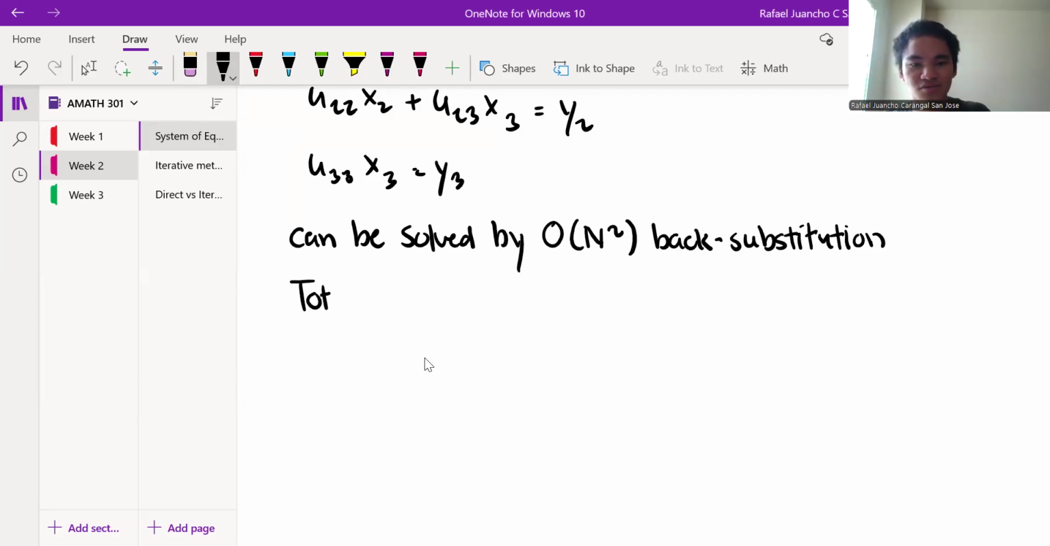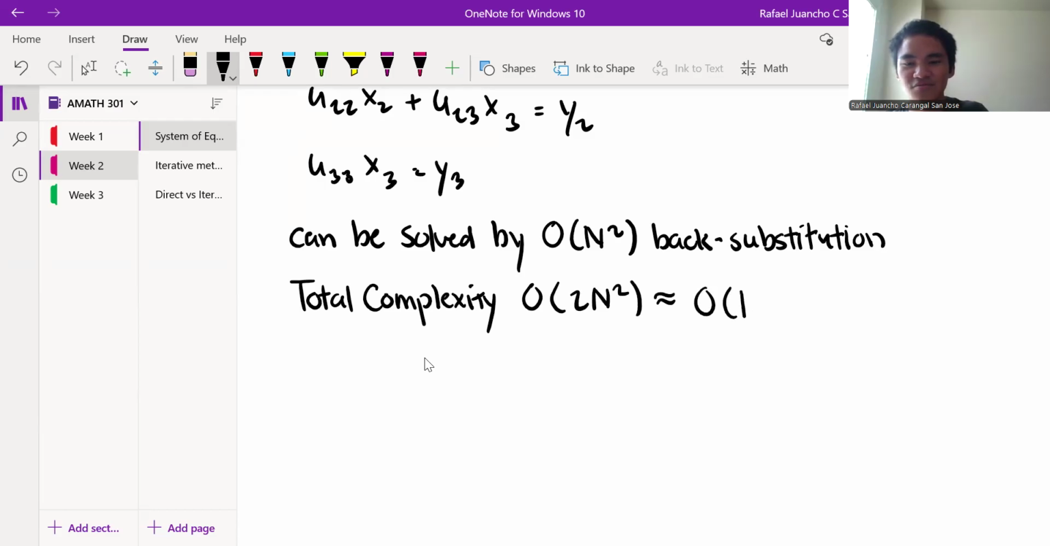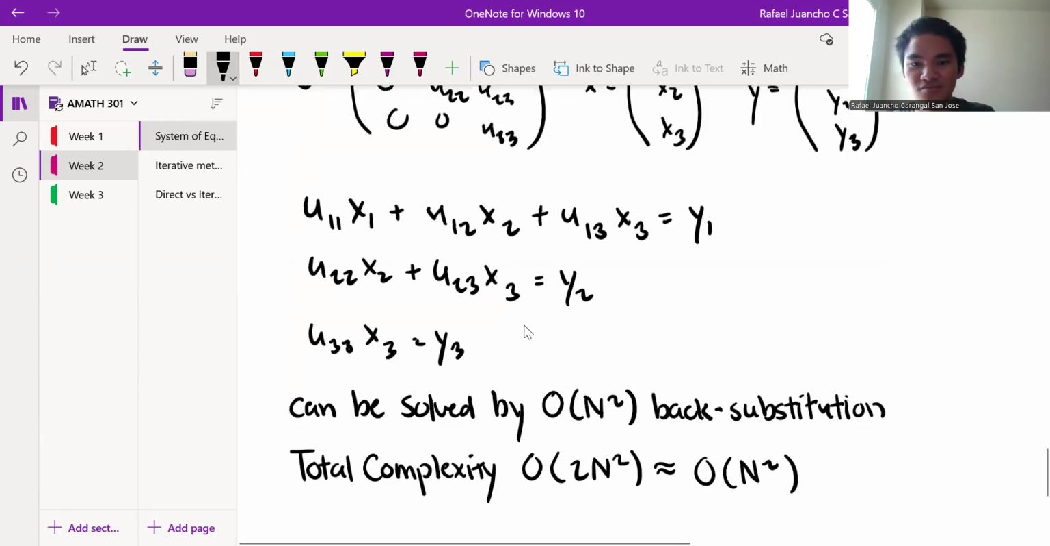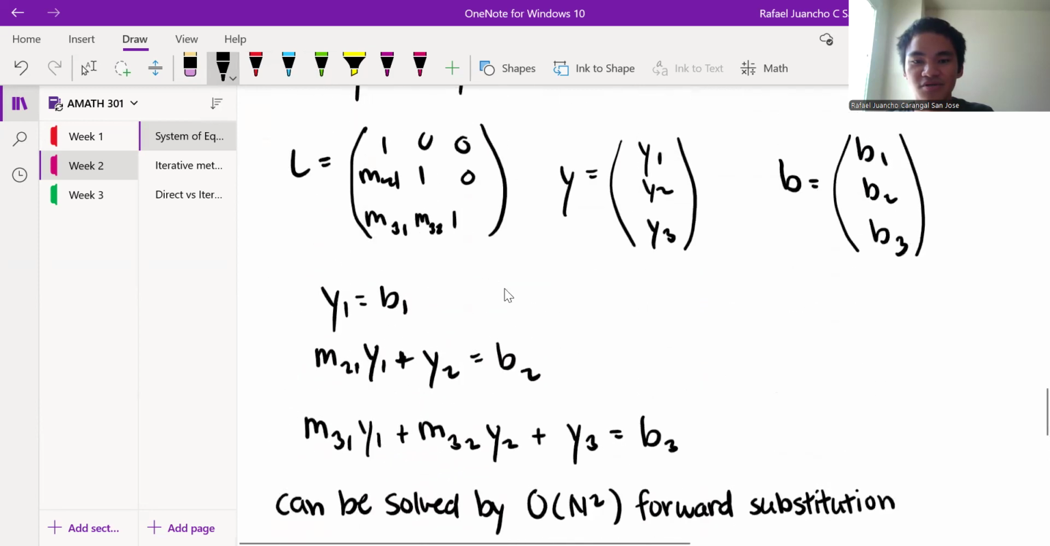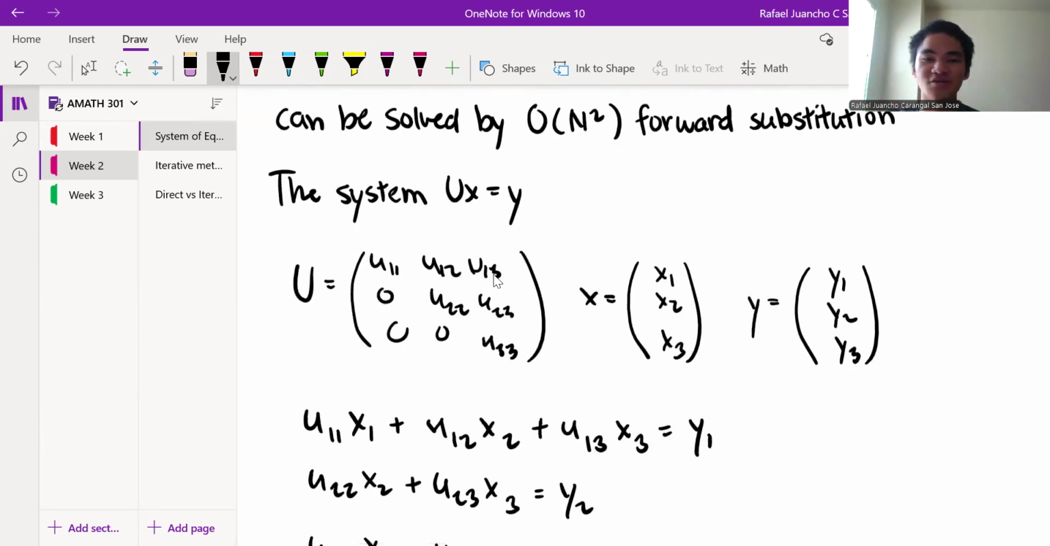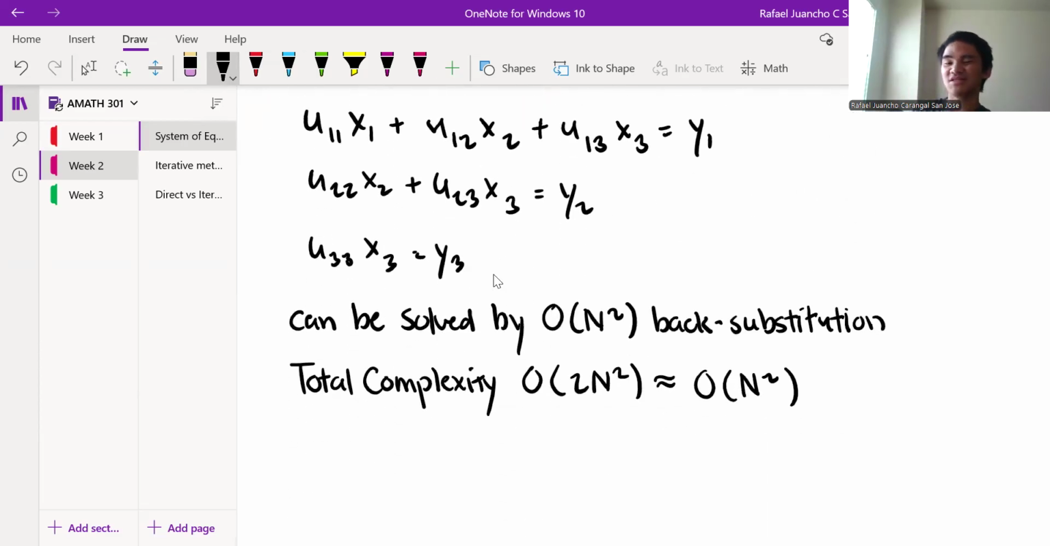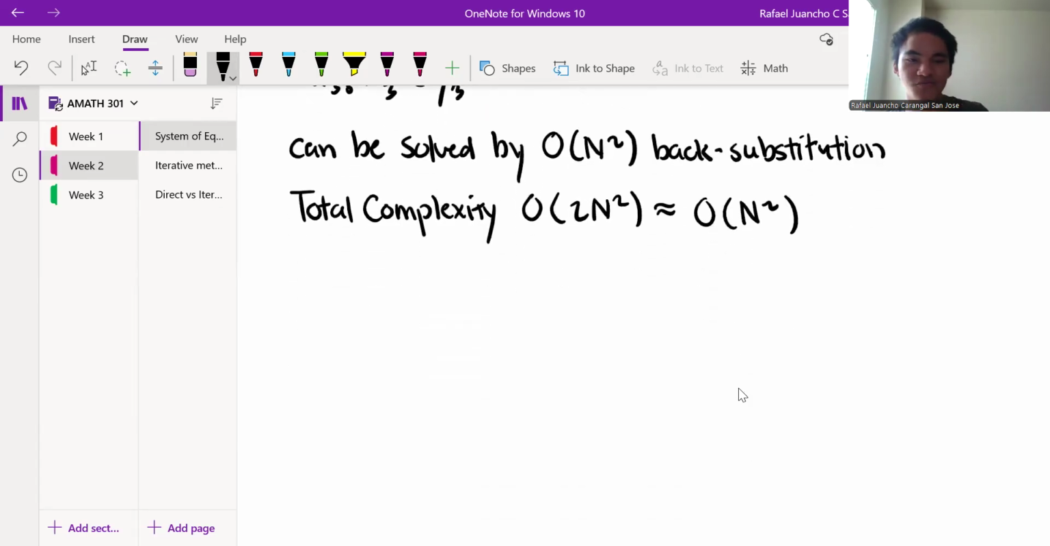So let's say the total complexity is O of 2n², which really, we don't care about the 2. So we just say O(n²). So it's faster, right? Here it's O(n²) for one of my systems. My other system is also O(n²), and then we combine those two complexities, and we get approximately O(n²), which is faster than O(n³). So if possible, we use LU. Okay,